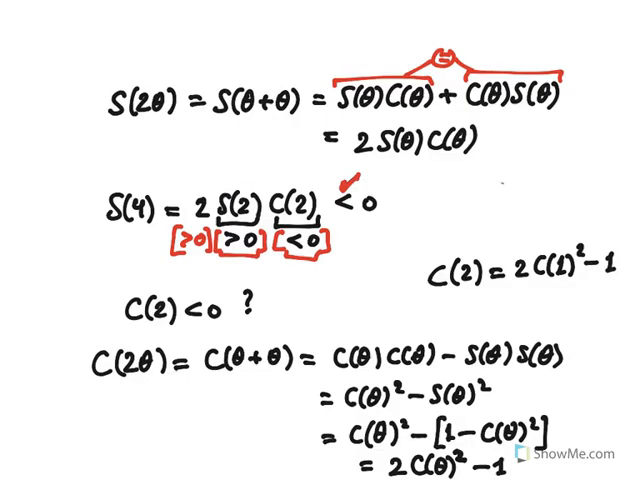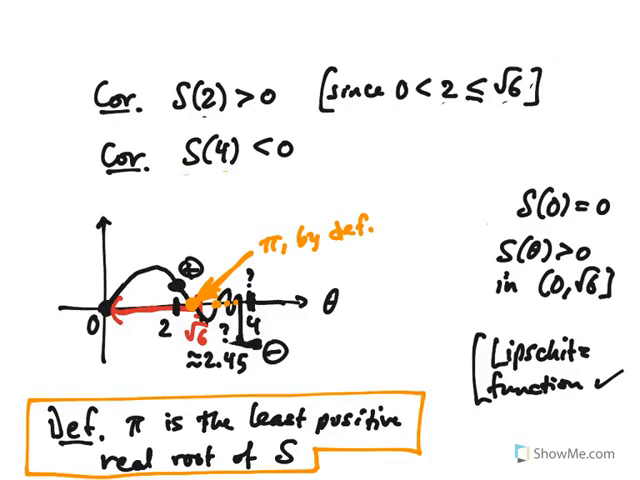That's the key insight. Because remember that 2 times C of 1 squared minus 1 is also equal to capital C of 2. And we've just proven that that's negative. So yes, we've checked that C of 2 is negative, and therefore we've checked that S of 4 is also negative. So that fully establishes this corollary here. Okay. All right, now